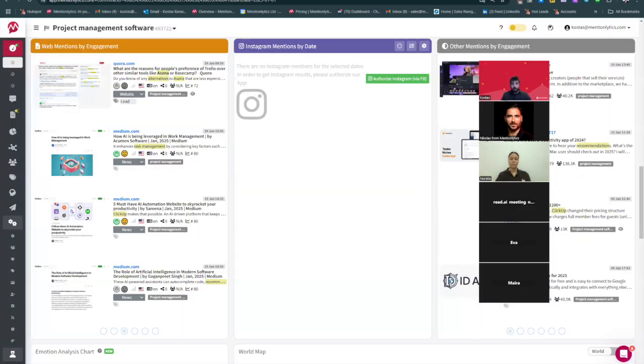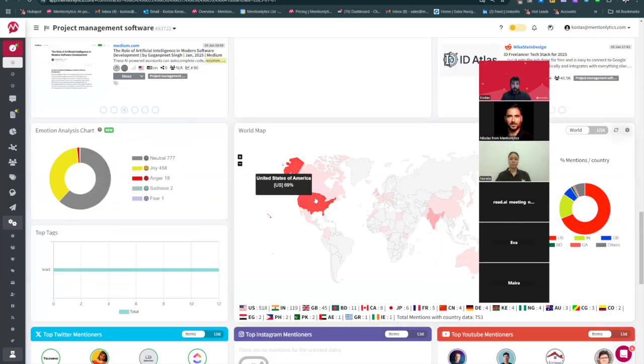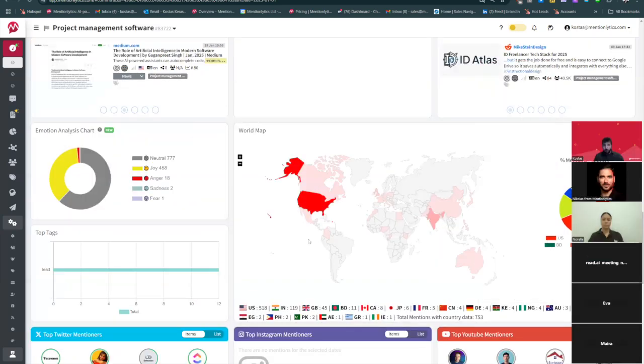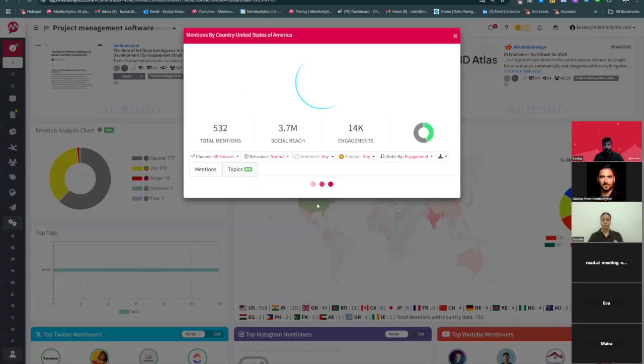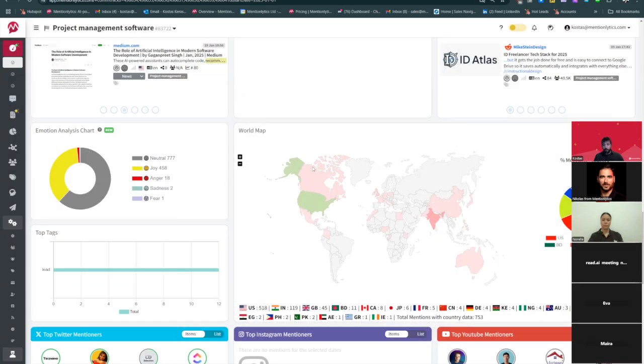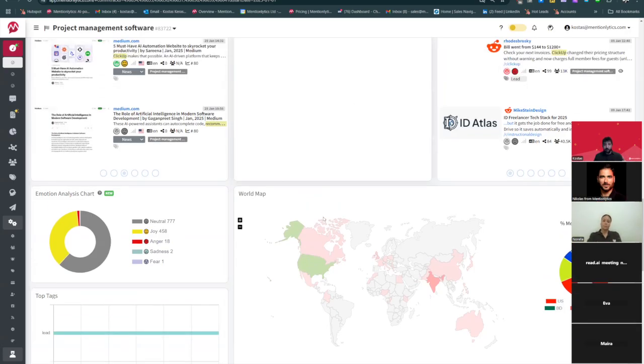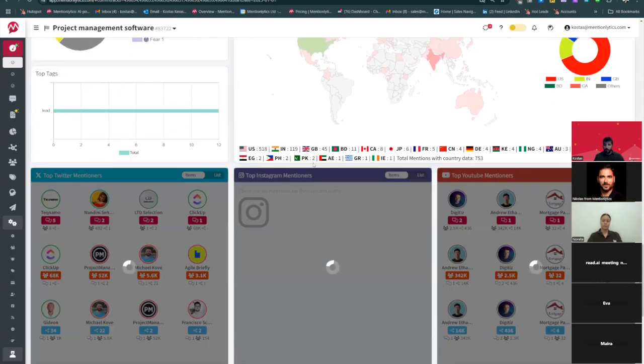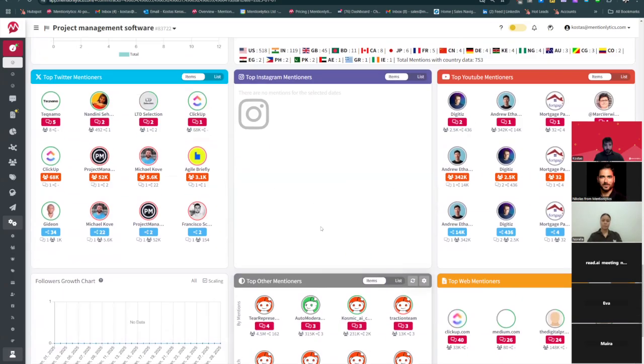Now that we have seen the results, we can also see some stats on where these leads are coming from in the world map. Of course, as most of you know, certain markets for certain services tend to be higher quality leads. Again, you can also click here to find out where these leads are coming from. However, I would reach out to all of them if it's not a huge volume. If you find yourself having something like 1,000 leads, maybe you want to narrow them down. If it's something like 20 or 30 leads, I believe every sales management team can actually engage with them.